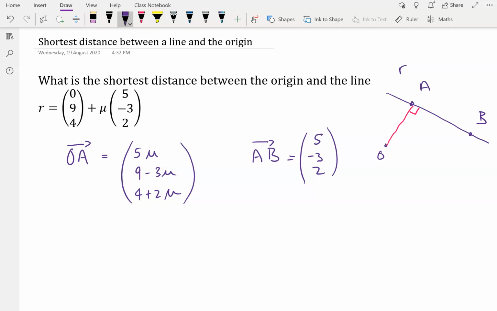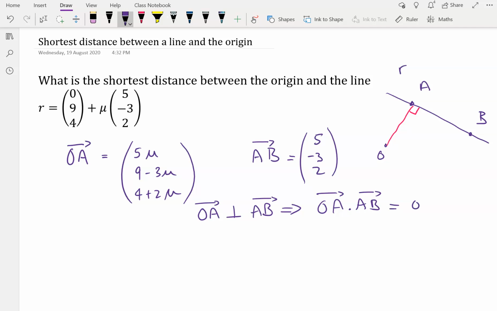These two lines are at right angles to each other. So in other words, I know that OA is perpendicular to AB, and that means that OA dot producted with AB, let's put the lines on the top to indicate that we're dealing with vectors,